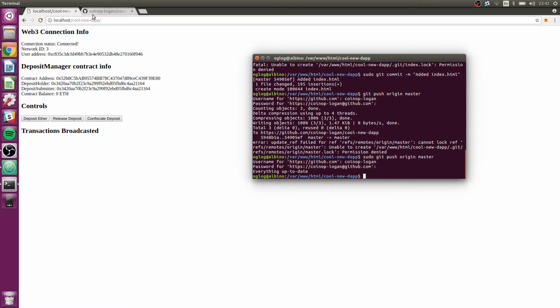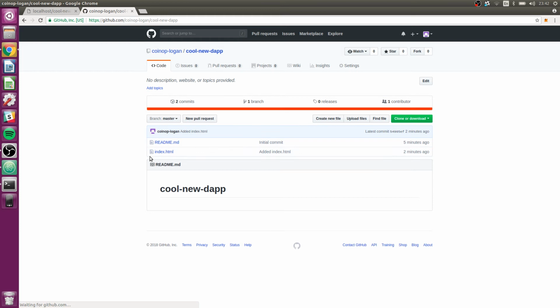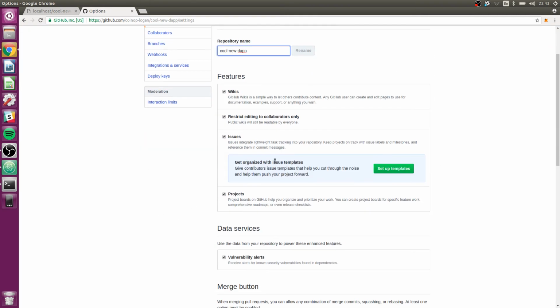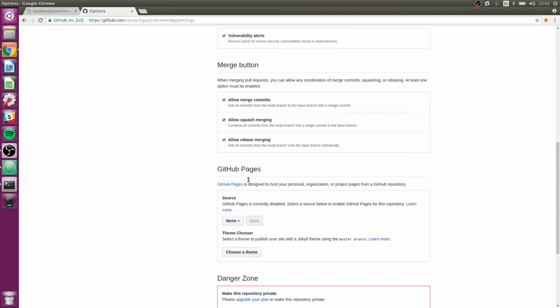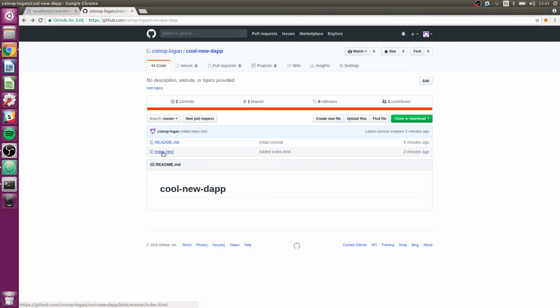Now we should be able to go here to our repository online, refresh, and there is index right there. So we're almost done. Now the last thing we need to do is make sure that this repository has the pages turned on, and I believe it's just right down here in the main settings, and there it is. So GitHub Pages, all we have to do is change the source to master branch. Alternatively, we could change it to the master branch docs folder, and then if we did that, we would just have to make sure that our index is actually in the docs subdirectory within our